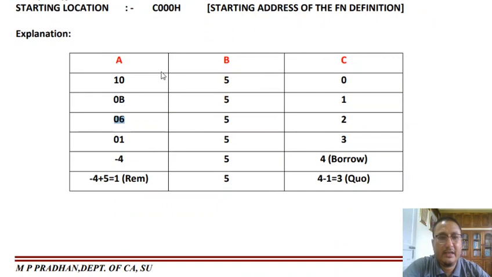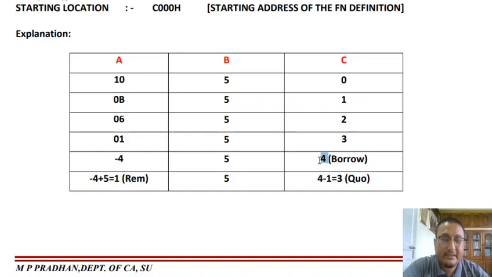First time B is subtracted from A. So 5 is subtracted from 10, the resulting value will be 0B and the count is incremented by 1. Next time 5 is subtracted from 0B, we have 06, count will be 2. Next time 5 is subtracted from 06, we have 01, count will be 3. Next time, when 5 is subtracted from 01, we'll have -4 and count as 4, but here the borrow